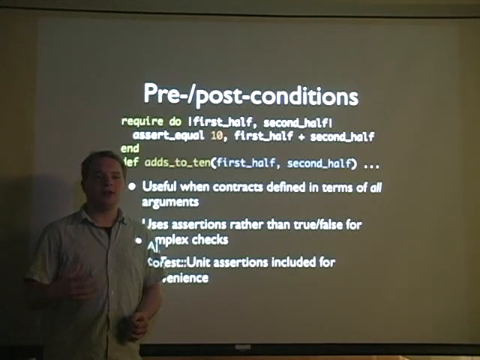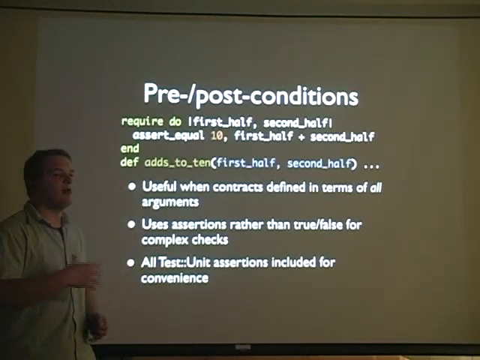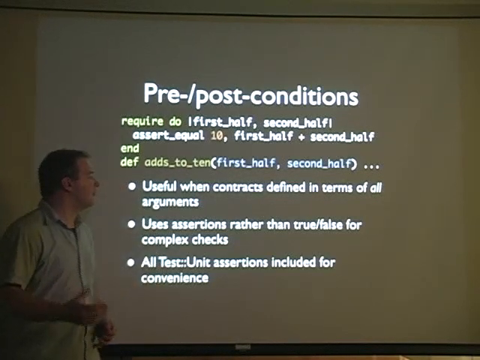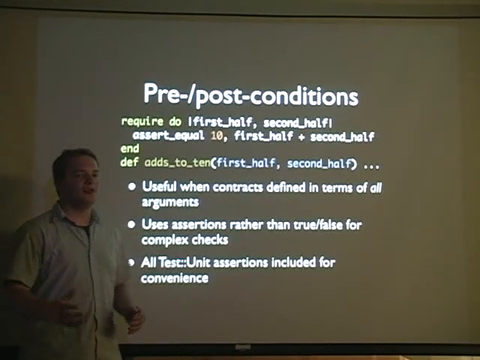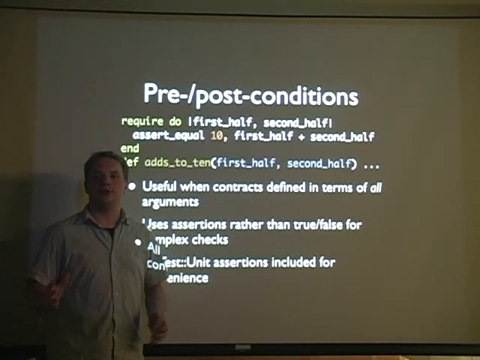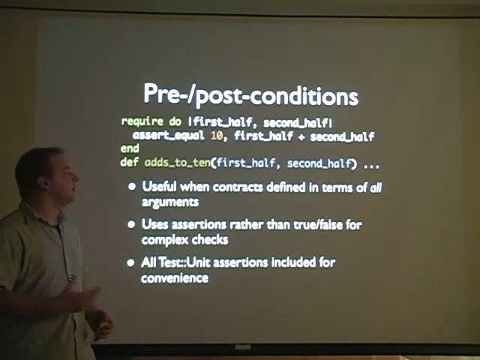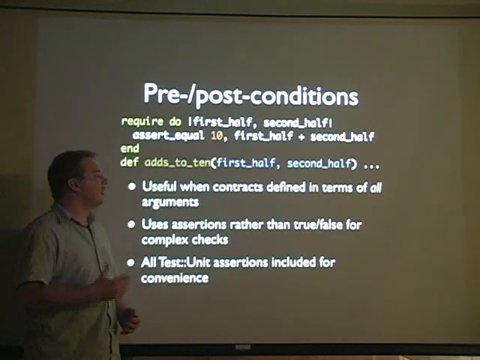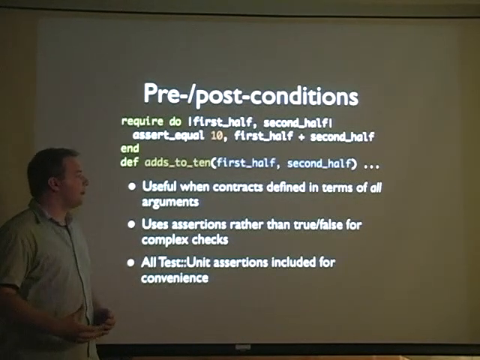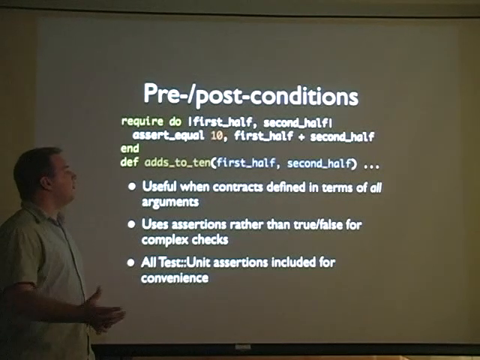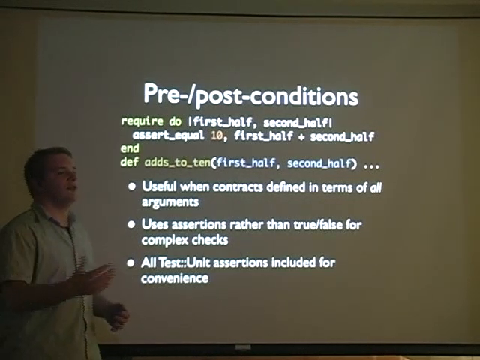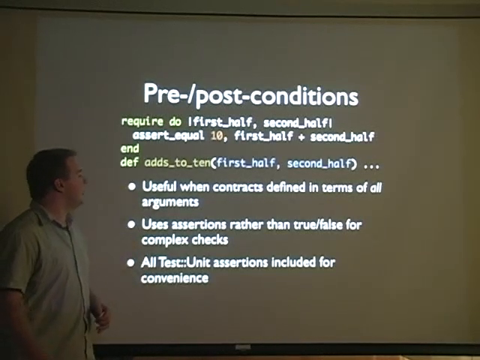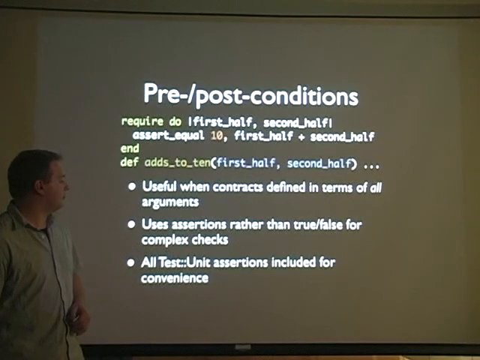the idea in Eiffel is that you can have these require and ensure, these pre and post conditions on each method, and that they become part of the interface of that method. And so I do that too. I don't think they're as cool as the signature stuff. The signature stuff is really what's most useful to me anyway. But it's useful in situations where you really need to express contracts in terms of multiple arguments. And so if you have two lists and you want to make sure that the total of the size of the two lists always equals 10, you can say, well, I guess in this case I did an integer, but yeah. So that's the idea of pre and post conditions.